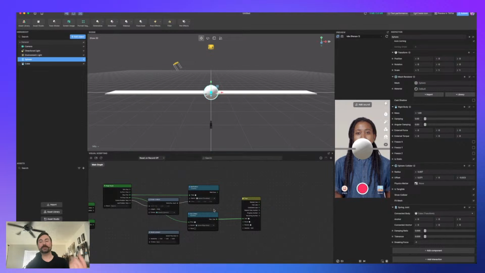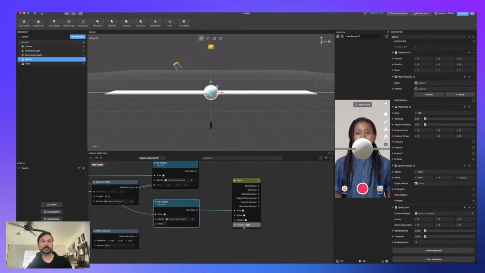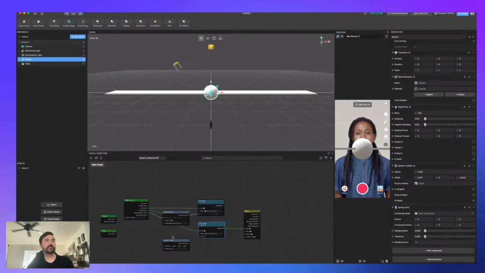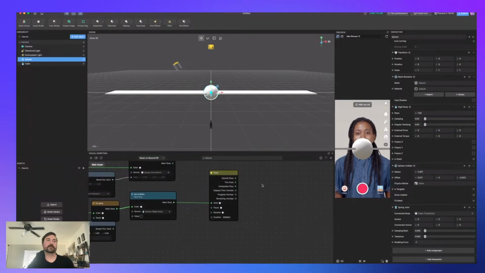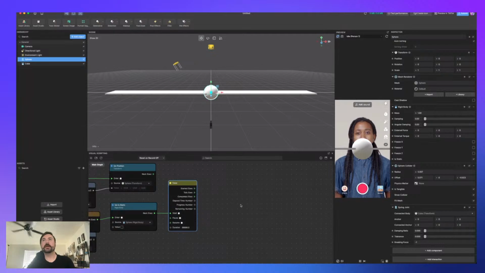So we'll just say the duration is 99999 because we don't care when it stops. And then we'll just do a do once here so that it only happens once, just as a quick patch. And then we'll know that this timer isn't going to be started more than once. So now we can use this tick instead of an update. I love doing that.